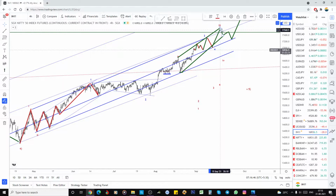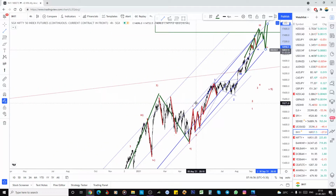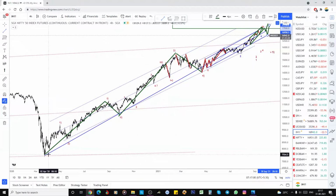So if this is the end of the third wave, we may get one more deeper correction for the fourth wave. Again, it will come like this, and one more high is possible. And we already informed that in the weekly analysis also. If this is wave 1, this is wave 2, wave 3, wave 4,